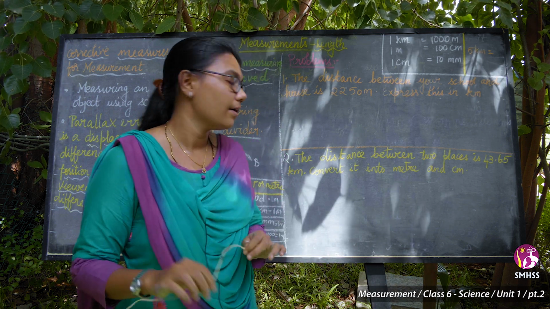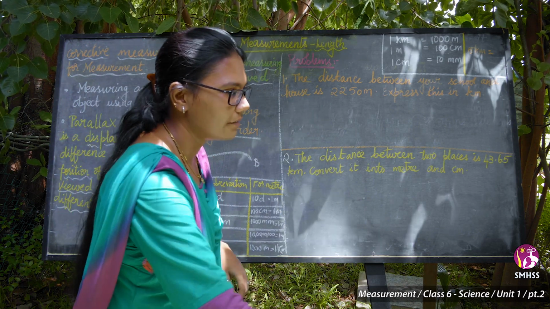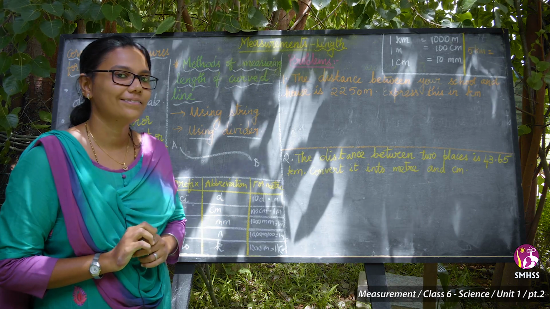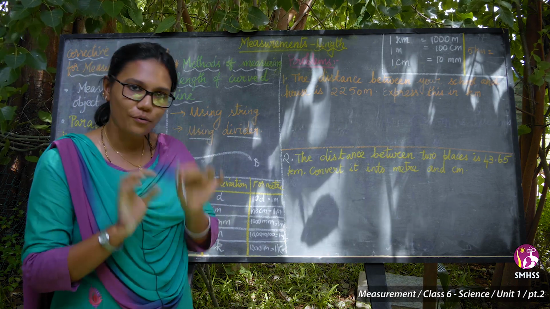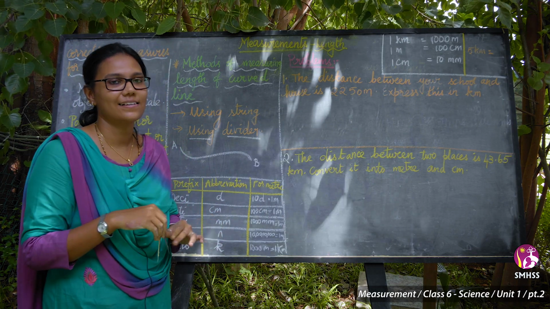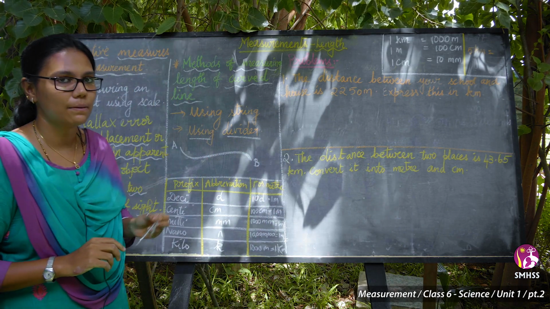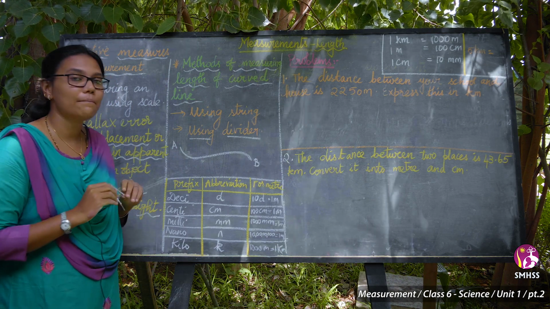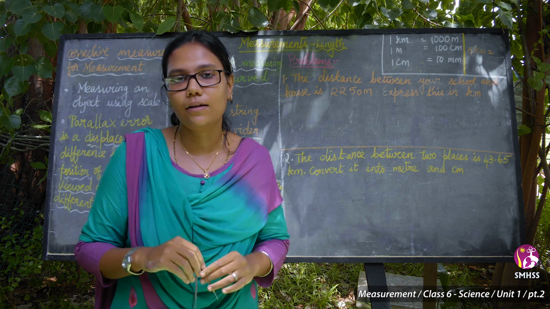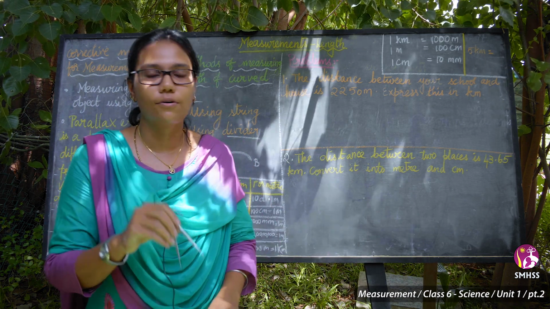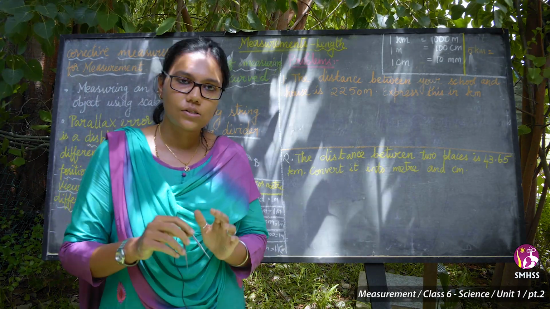Another method is also there, by using the divider. We have heard of the divider somewhere. Yes, isn't it? What do you mean by the divider? How does that object look? In the geometry box we have this divider, for no use, isn't it? We use the compass for drawing the circle at least. But the divider, why is it used now? It is used for this purpose also, for taking the measurements. Okay, if you are measuring a curved line in your notebook, you can take 1 centimeter or 0.5 centimeter. In the notebook the measurements are small, so you can take that.